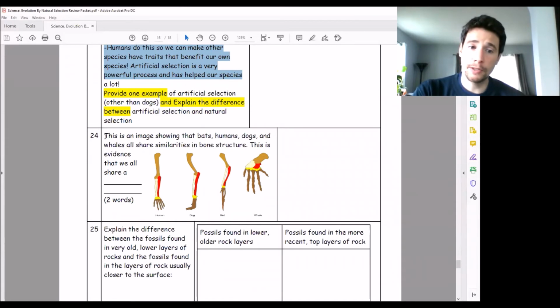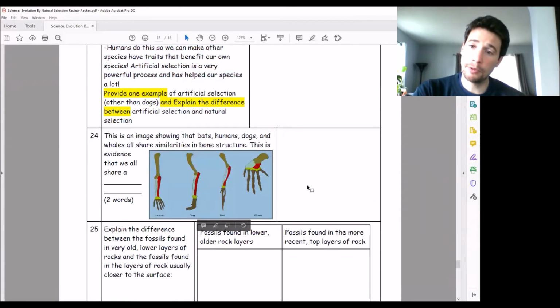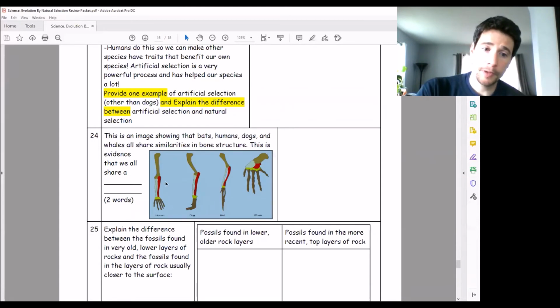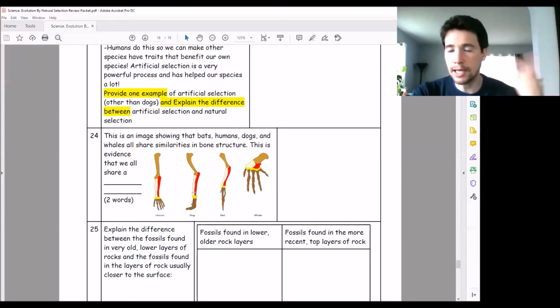Question 24 gives you the same, or at least a very similar image that I gave you before when we talked about homologous structures. It shows one bone, two bones, a bunch of bones, and then the finger bones. This is for a dog, so they don't have fingers, but again, the same pattern exists. And this is evidence that we have